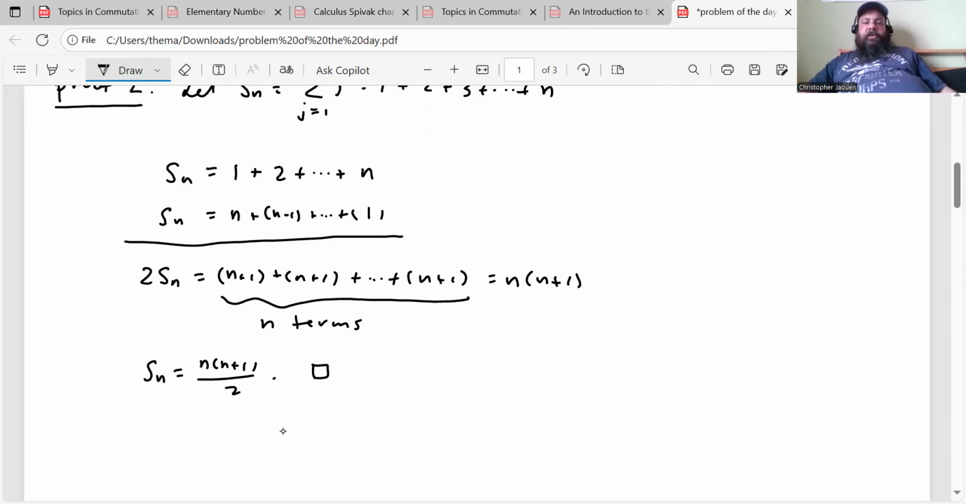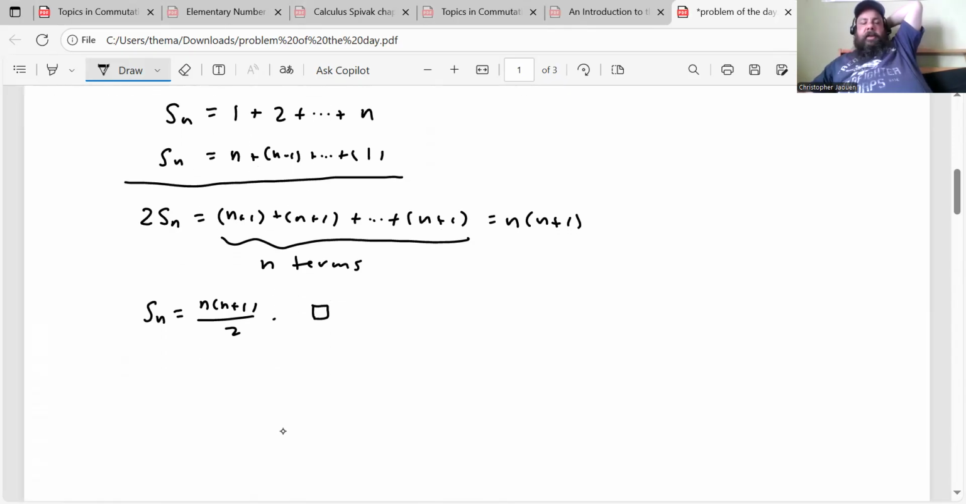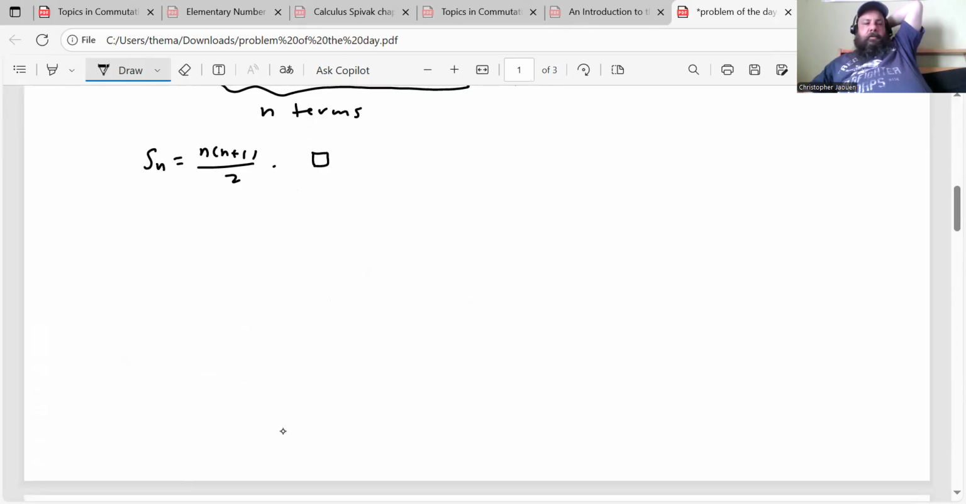Right? And that shows that the sum of the first n natural numbers is given by that formula. So that's another proof using the fact that the sum of the first n integers is an arithmetic sequence. Sorry, an arithmetic sum. Right? Then we can go to proof